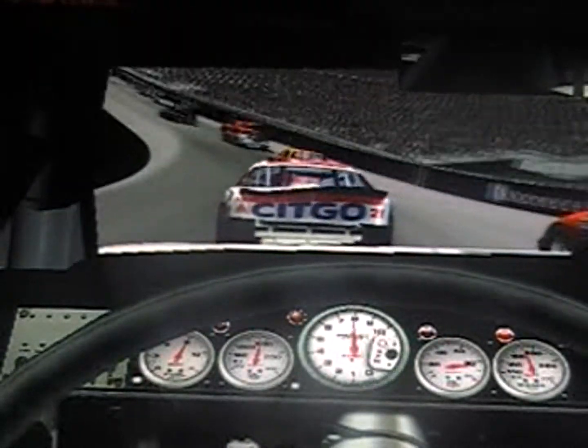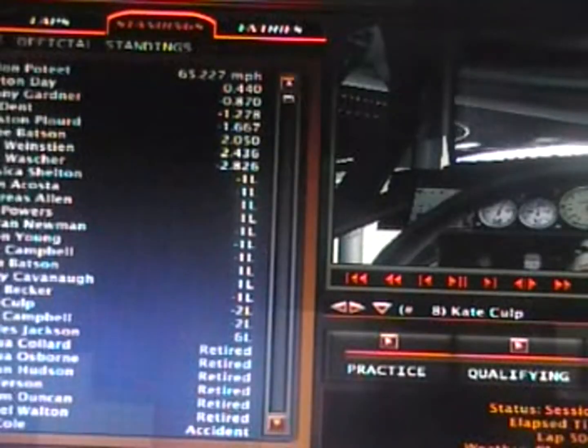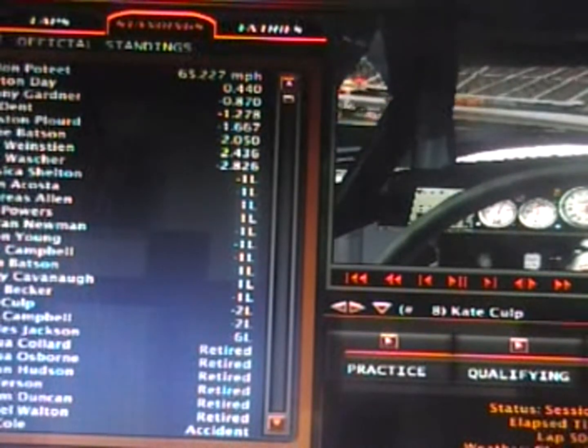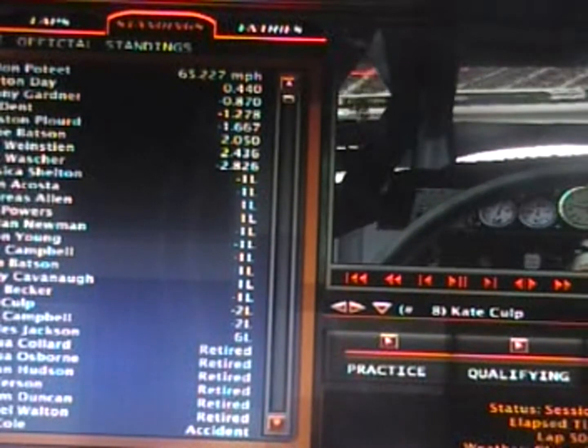On board with Kate Culp in the number 8 car. Let's go for a ride. And there was smoke coming out of the engine. Kate still gets her car to start back up, barely. And hopes that her car lasts 2 more laps, she hopes, but nonetheless...